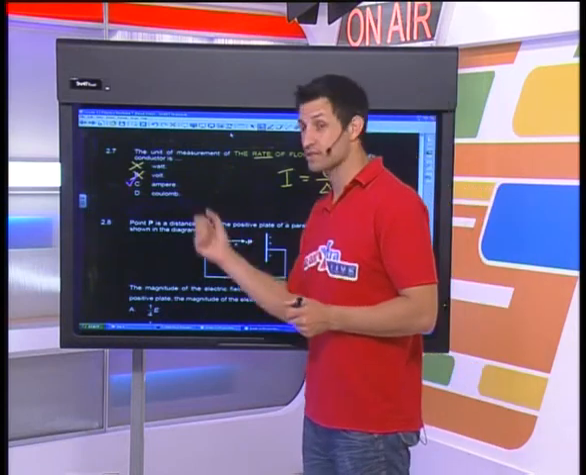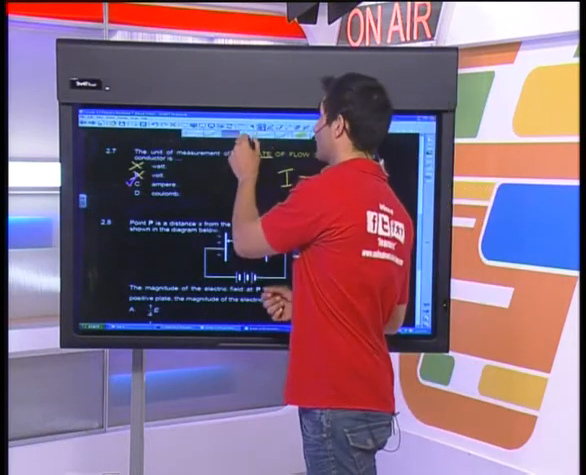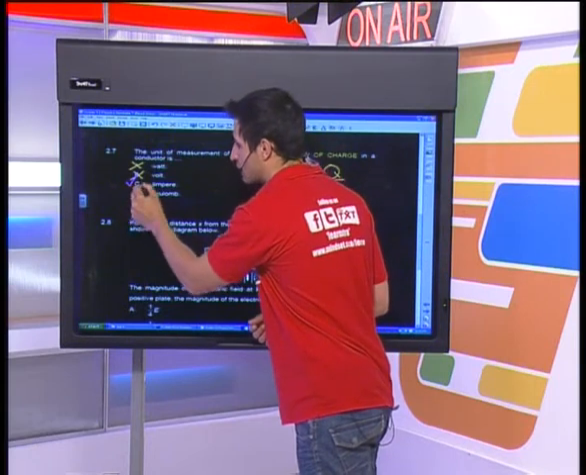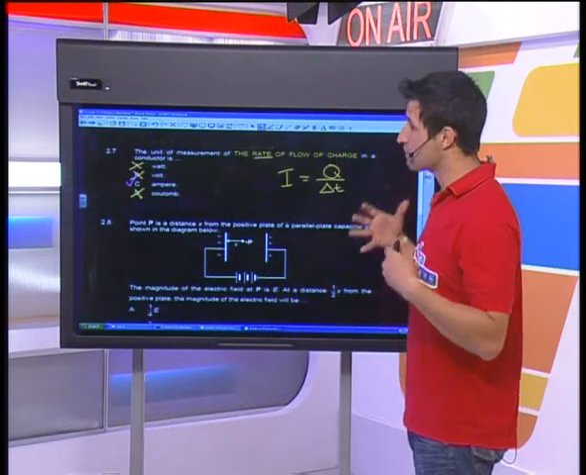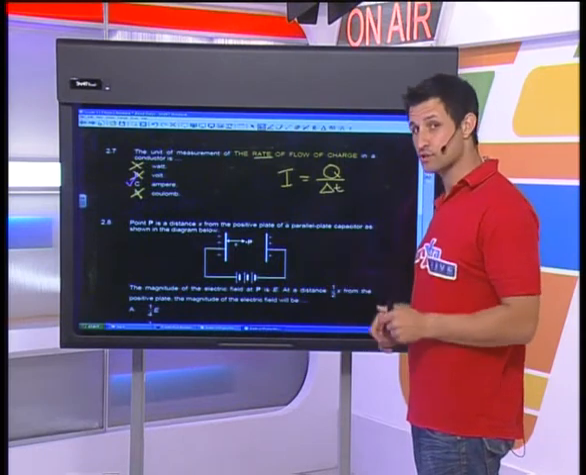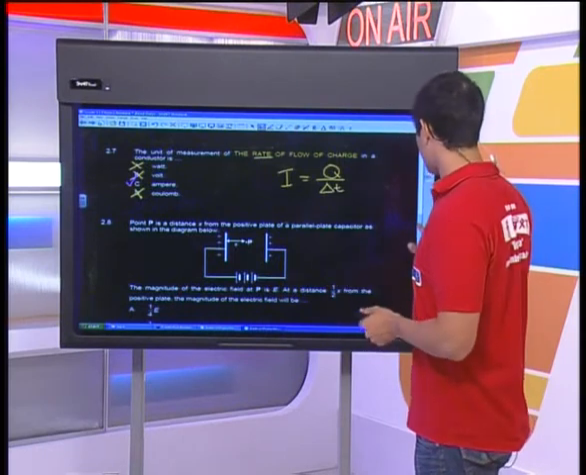They've purposefully put in something just to trip you guys up. It sounds kind of right. Coulomb is something to do with charge, and if you didn't learn properly, you would have taken that one. So option C is the correct one for question 2.7. Okay, now